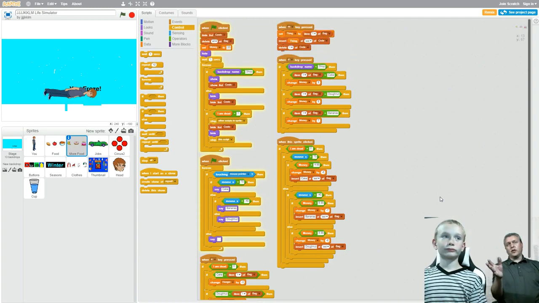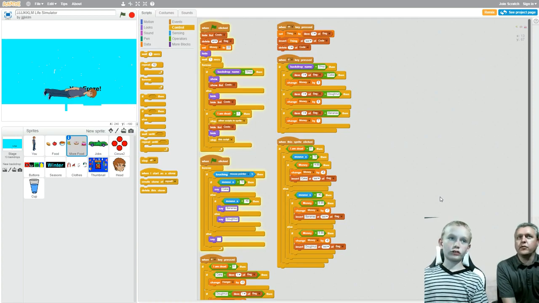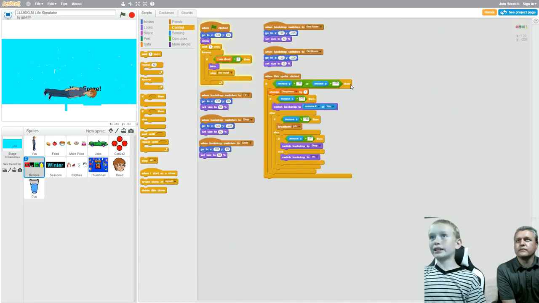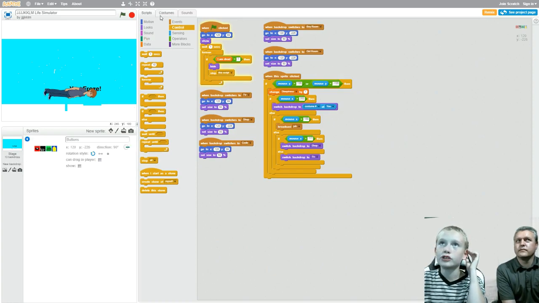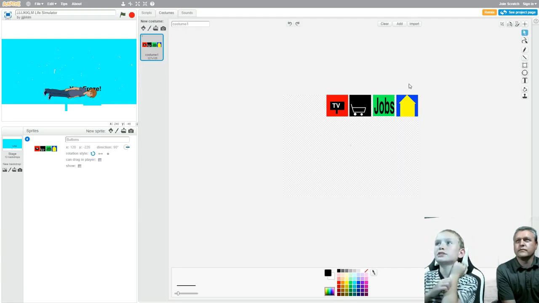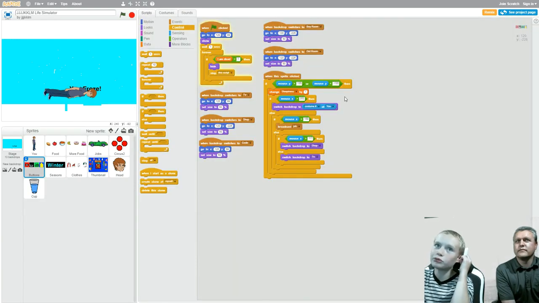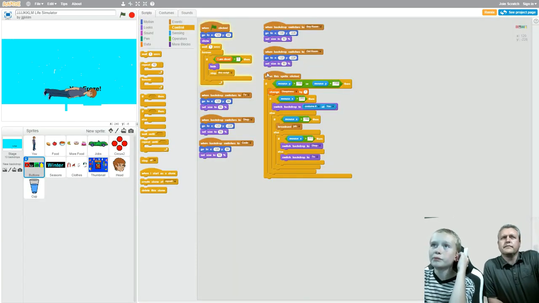All right. Is there one more thing you want to talk about? I think we have time for you to talk about just one more thing. These buttons. So the buttons here, to zoom in, we will go to costumes. So I just have one sprite, as usual, for several different buttons.